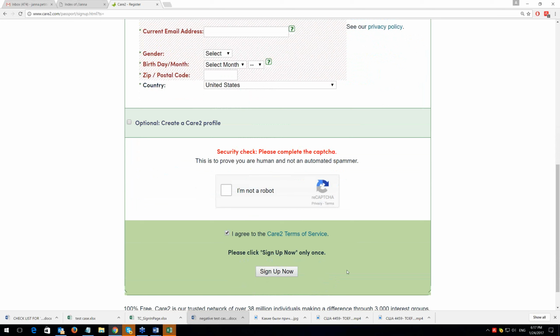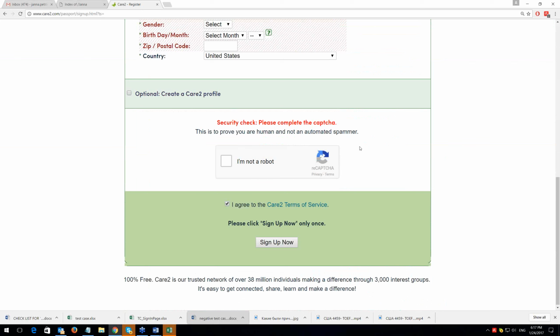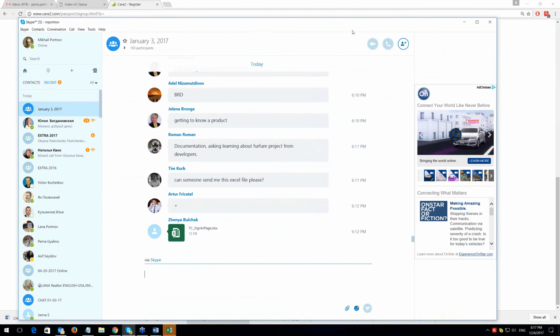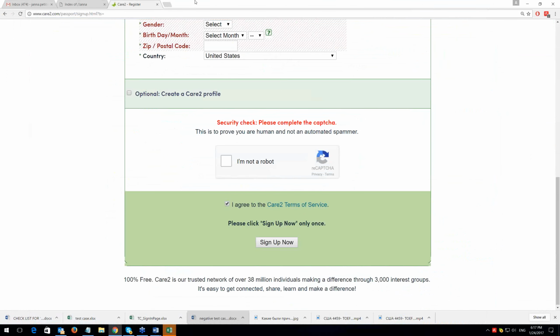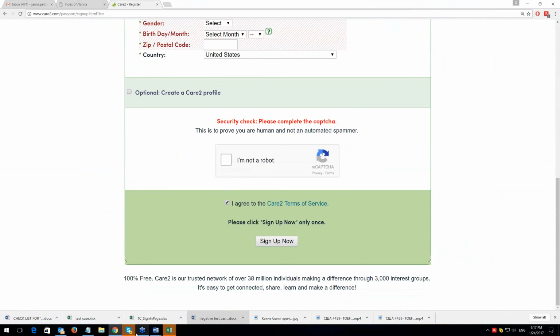By the way, a question. Here you see the CAPTCHA, and actually you cannot create an account with this part missing. Even if you complete everything but you do not check this checkbox, I'm not a robot, you will not be able to create an account. So I have a question, my dear: is it possible to automate this functionality as is? In your opinion, when we look at the page as is, what do you think? Is it possible to automate it?